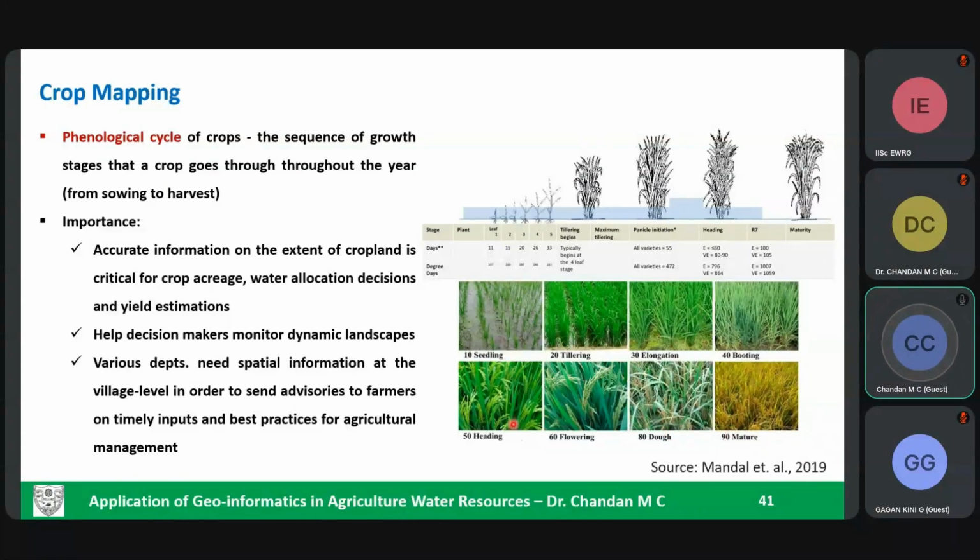And when you take wheat, it has a base period of around 120 days, and paddy is generally having a base period of 120 to 140 days, and throughout its phenology, the water requirement of paddy is different. Okay, so with respect to that, we are going to plan our irrigation scheduling.